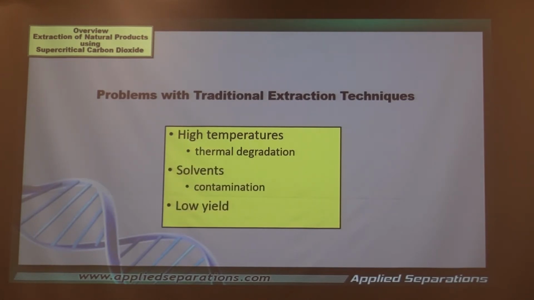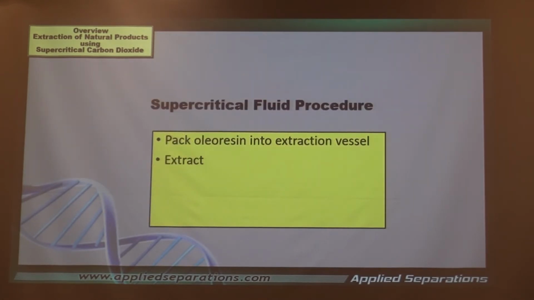I told you, this is thermal degradation, low contaminant. We put the oleoresin into the extraction vessel. Now this is a thick paste, so we have to disperse that a little bit. Typically what we wind up doing is we may use something like inert glass beads to disperse the oil on a mass of glass beads. All that's going to be washed clean by the CO2, but this is a way of dispersing it out so that you can get a better extraction of this.